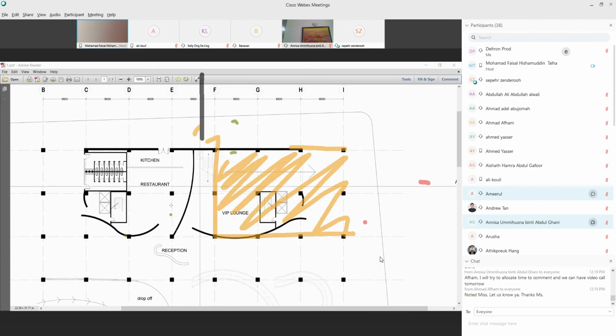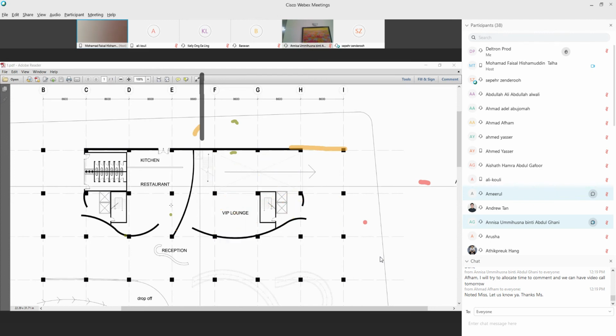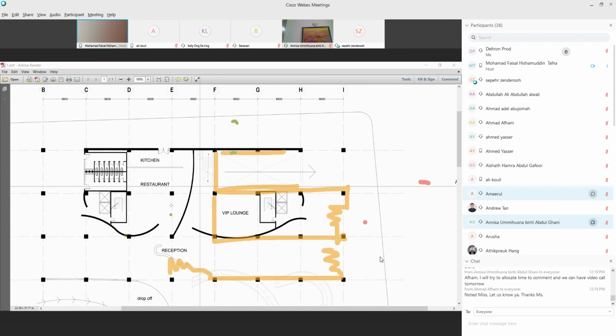This one is where you can put the escalator here now. So this one is private. Private, you don't need it to be big. Just a small piece like that with a private door there, you cannot enter. So this one is public. Public, you can enter from different directions here like that.